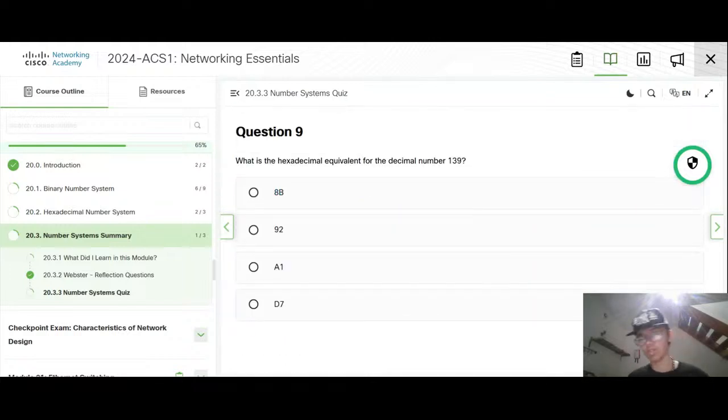182 is 11, then we have 8, which is 101. 11 is gonna be 1 8. It is like 1 2.